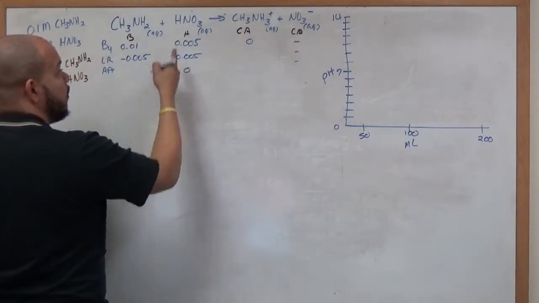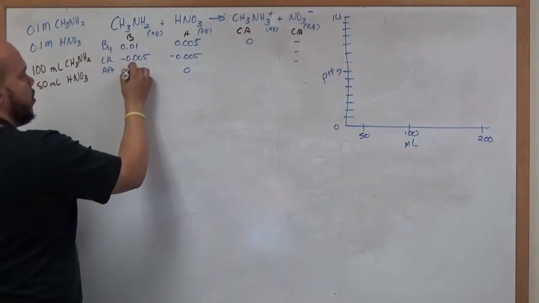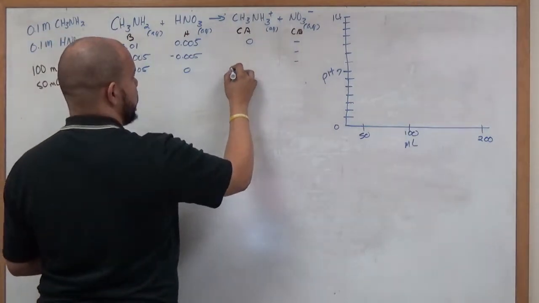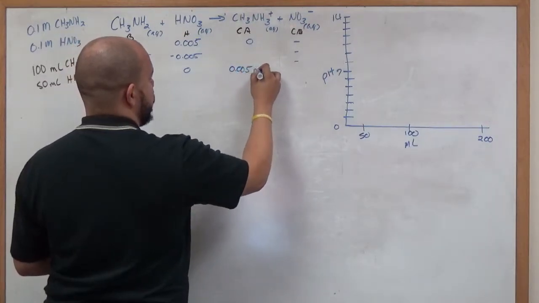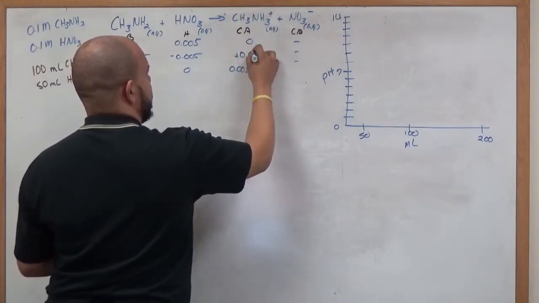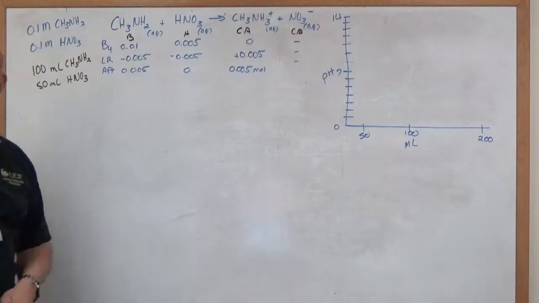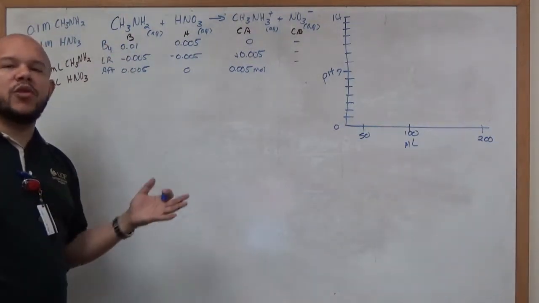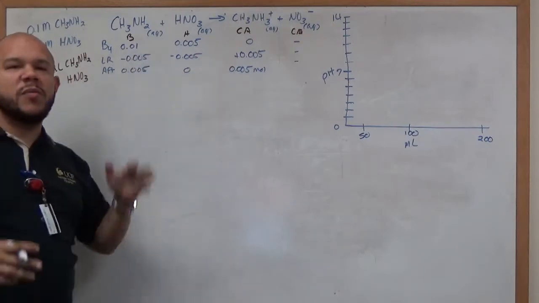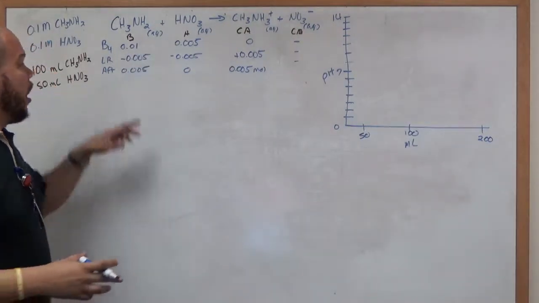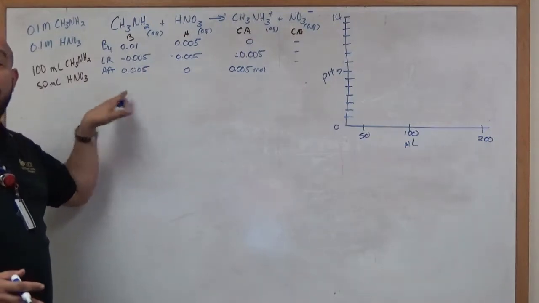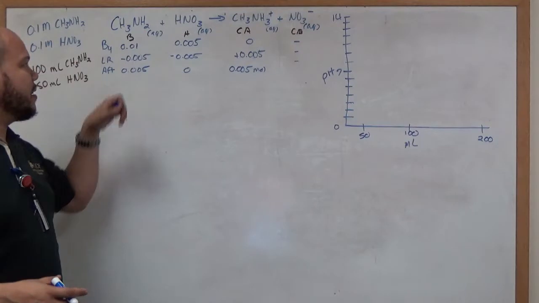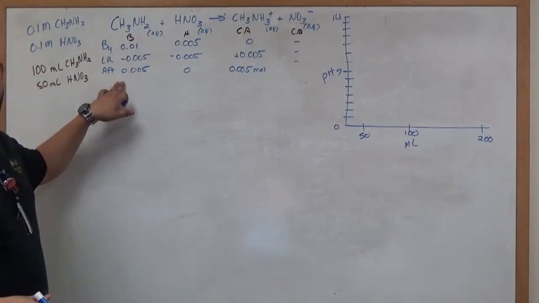We have used up all of our acid. We are left with 0.005 moles of methylamine and 0.005 moles of the conjugate. Again, if we get into a systematic habit of doing these steps each time, there should be no issue. These numbers may change, but the process will not change. Right here you see that you are before equivalence because you have not used up all of your analyte in this case. So since you have not used up all of your analyte,